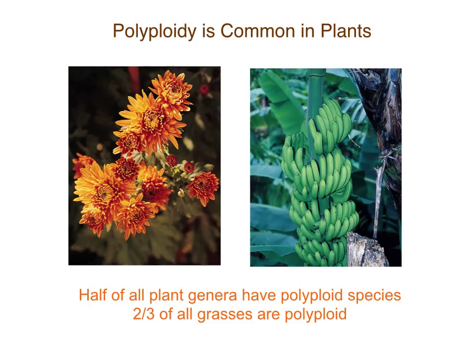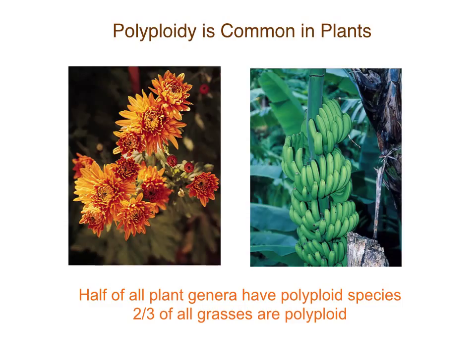If we look at the plants that are polyploid and start listing different ones, we see that a lot of our agricultural crops are actually polyploid. So polyploidy can confer differences in appearance too, and that's important for human agriculture because a lot of times that gives us better crops. So here's bananas. Bananas are polyploids here, or daffodils. If we look at all plants, half of all plant genera have polyploids. If we look at grasses, 2/3 of all grass species are polyploids.